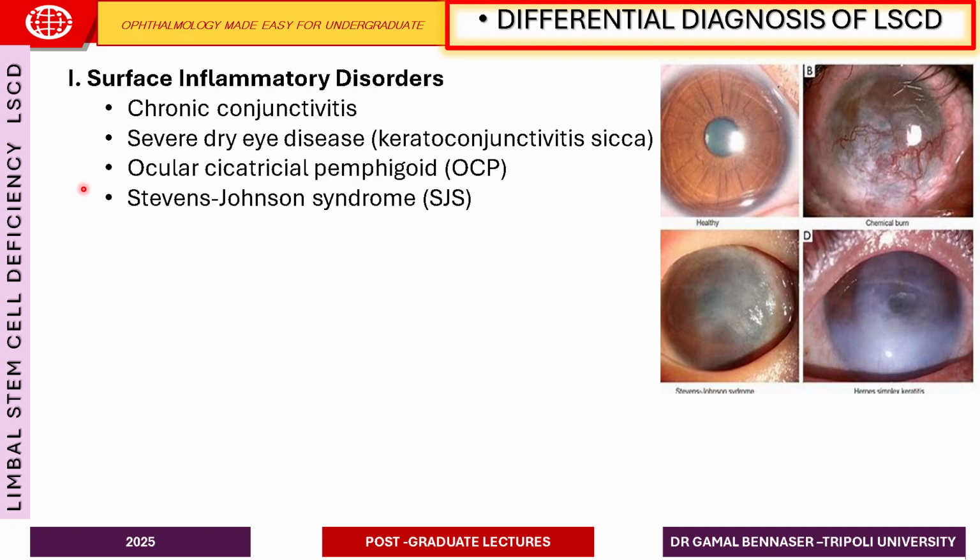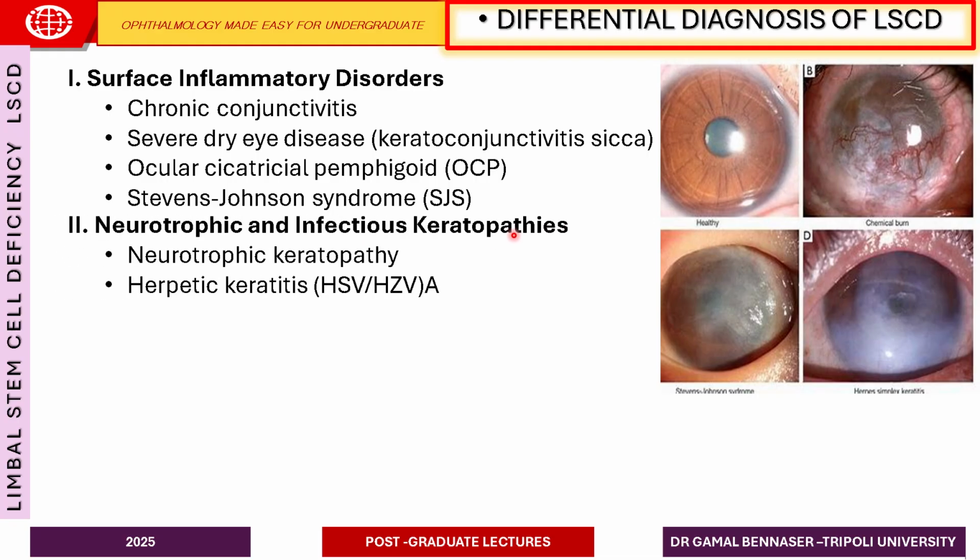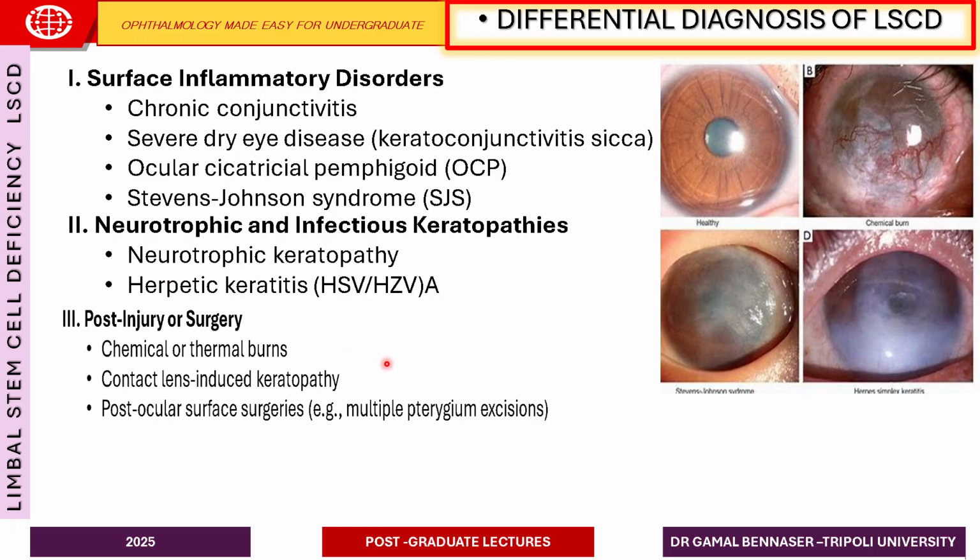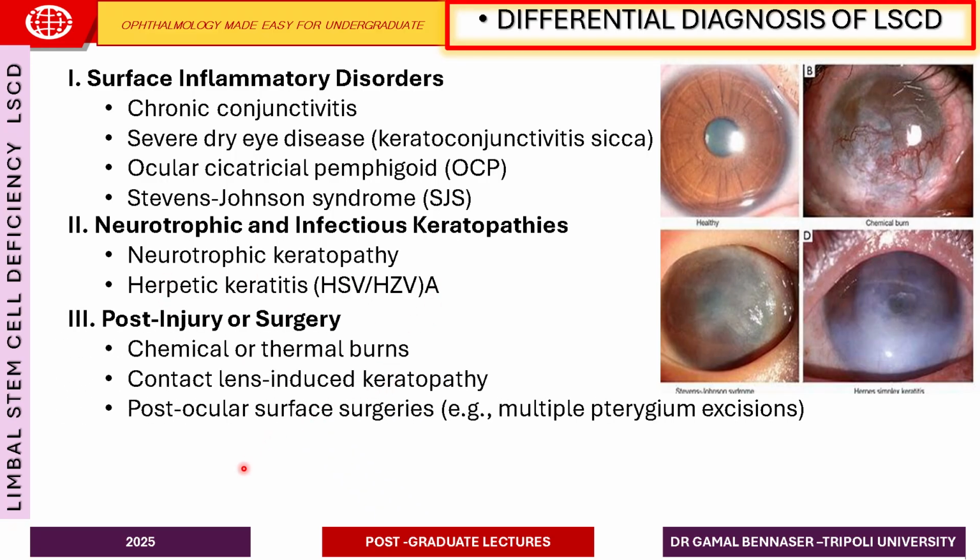Other chronic surface inflammatory diseases, as you know, are ocular cicatricial pemphigoid and Stevens-Johnson syndrome. Others are neurotrophic or infectious keratopathies, like neurotrophic keratopathy, herpes zoster and herpes simplex. Of course, the most common also are chemical injuries or post-surgical causes, chemical in the form of alkali or acid burns, and